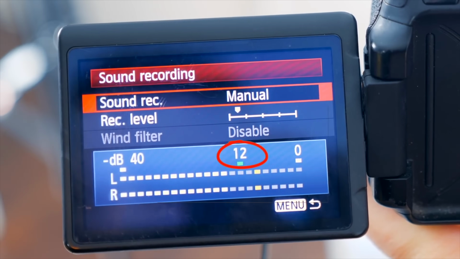Now, if your microphone isn't picking up loud enough audio, it's going to send it to your camera, and your camera then is going to boost that audio to record onto your SD card. And that camera preamp, which is boosting up the audio, they typically suck, and so you don't want to do that. This is more so true for Canon cameras rather than for Sony cameras, but on your Canon camera, you want to turn those preamps all the way down and have your microphone picking up a loud signal.